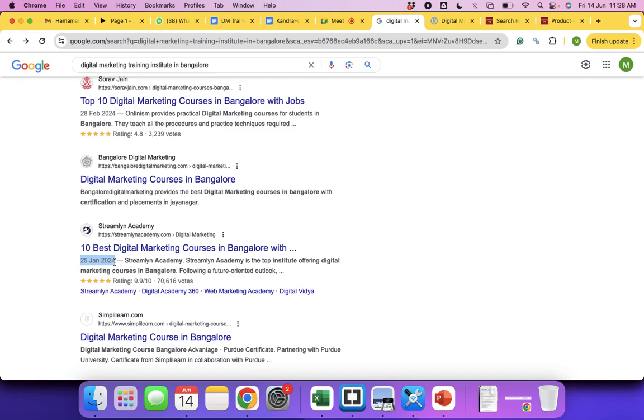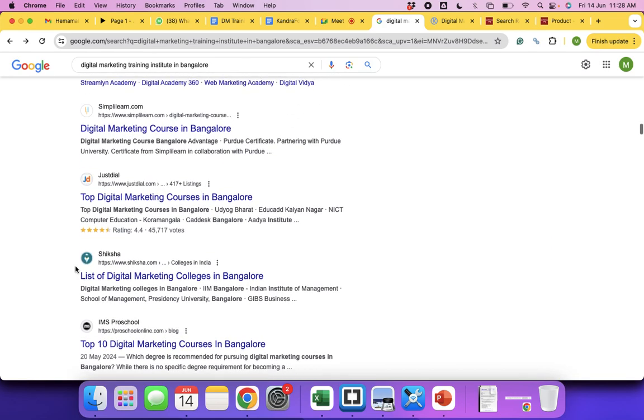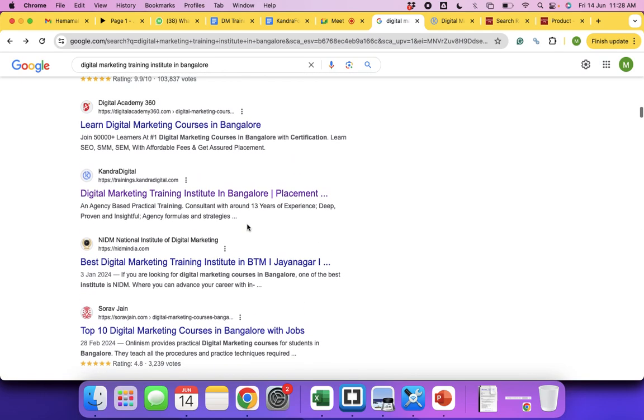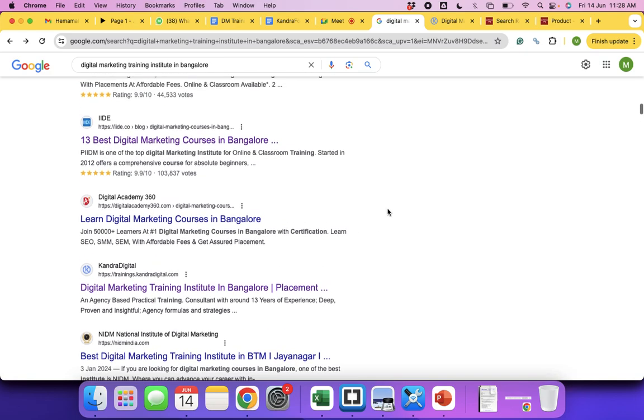Let's assume this is an article. So looking at this, people may not click. 28th February 2024. 25th January 2024. Okay. So these kinds of things might impact, or people will put on the articles it's updated, new, published in the month of June, something like that. If it's an article.